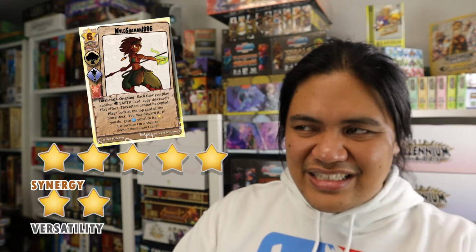We got Wild Shaman 1986, which has the play effect: look at the top card of the store deck. You may discard it. If you do, gain RP equal to its star ranking. This one would be nice if you can clash with the very next card in there. Again, the average of the store is about 4 to 5 RP star ranking if you can pull it. So that is 4 or 5 extra anytime you're going to use this card,